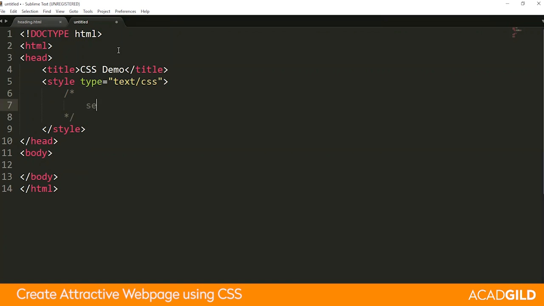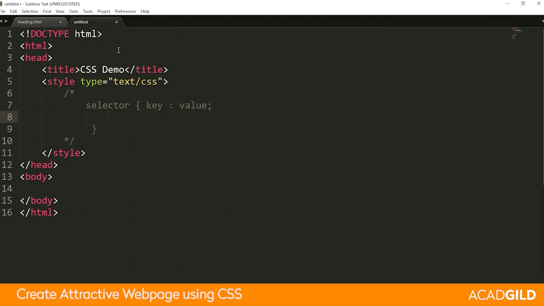First, let's discuss the syntax of using CSS. The syntax of CSS is pretty straightforward. We have a selector followed by the open curly brace, and then we have something called a declaration. The declaration consists of a key and a value.